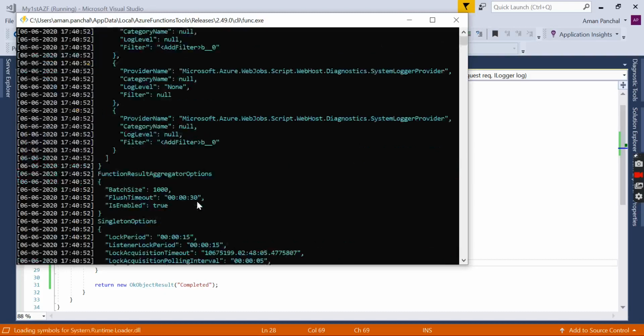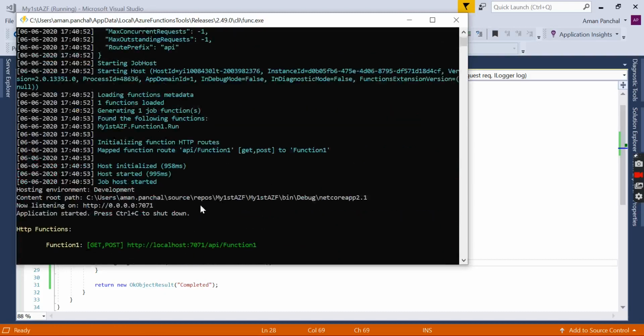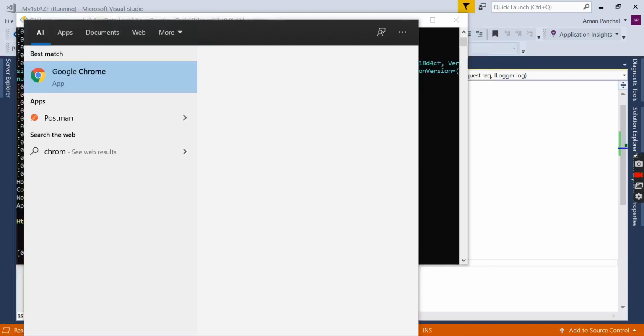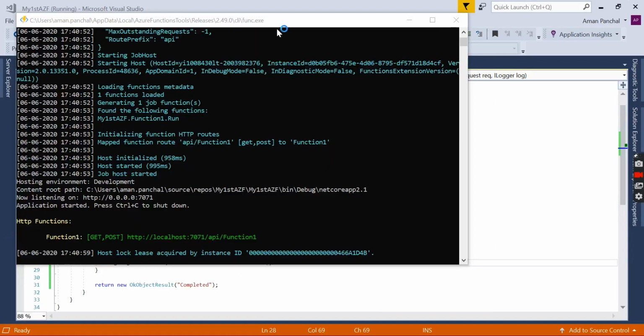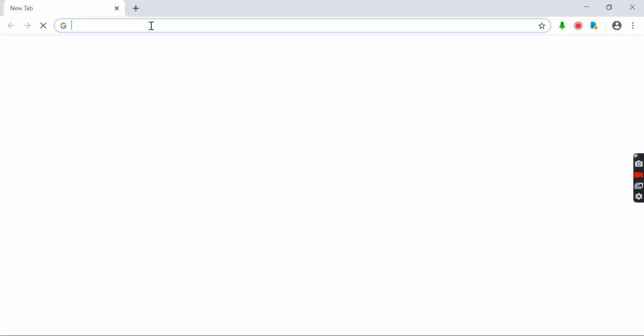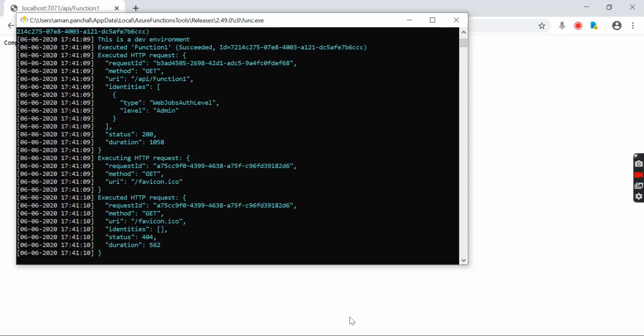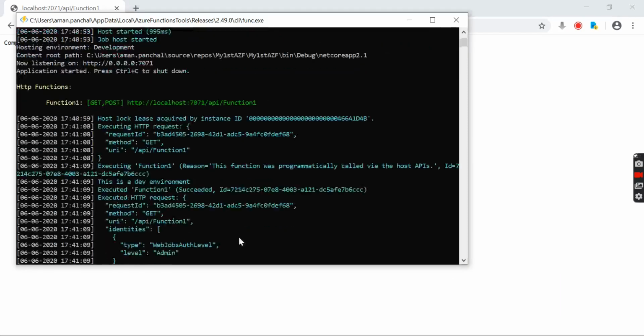It's loading the configuration details. This is the URL. Let me open it in the browser. Okay, let me see the log information.